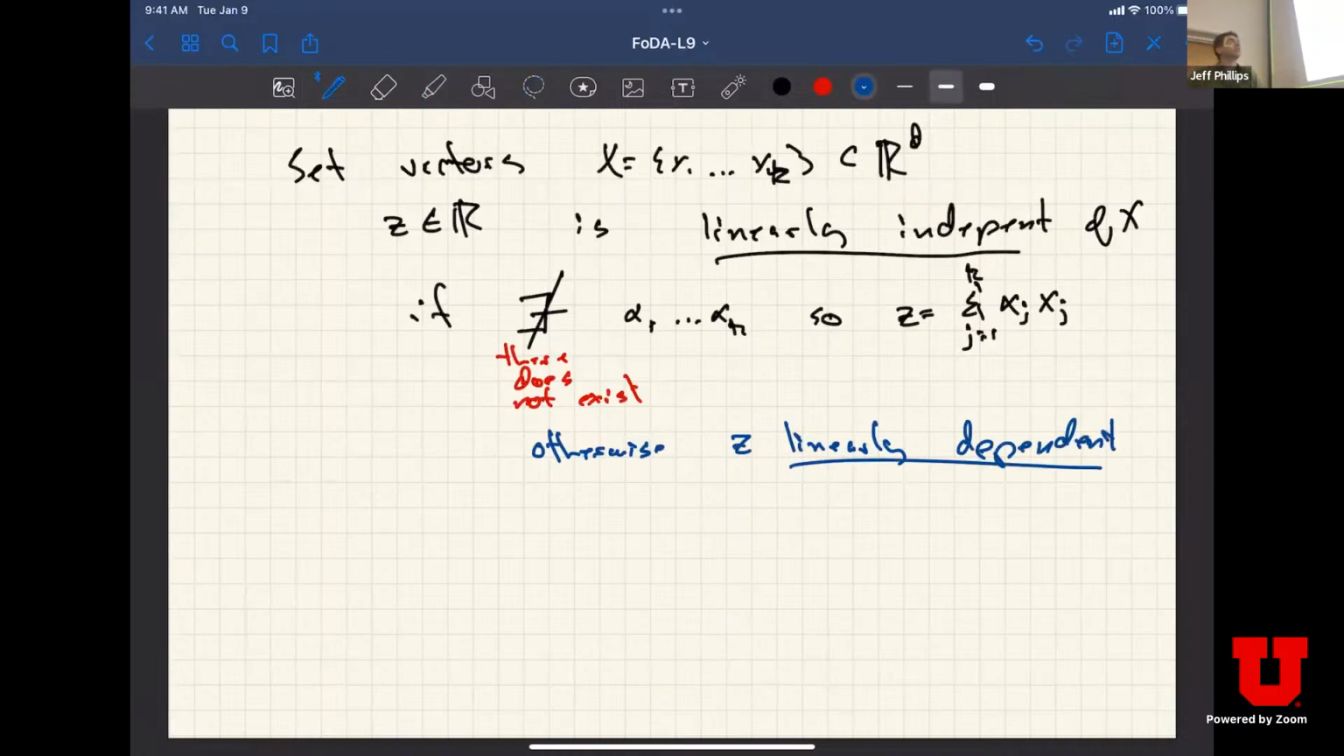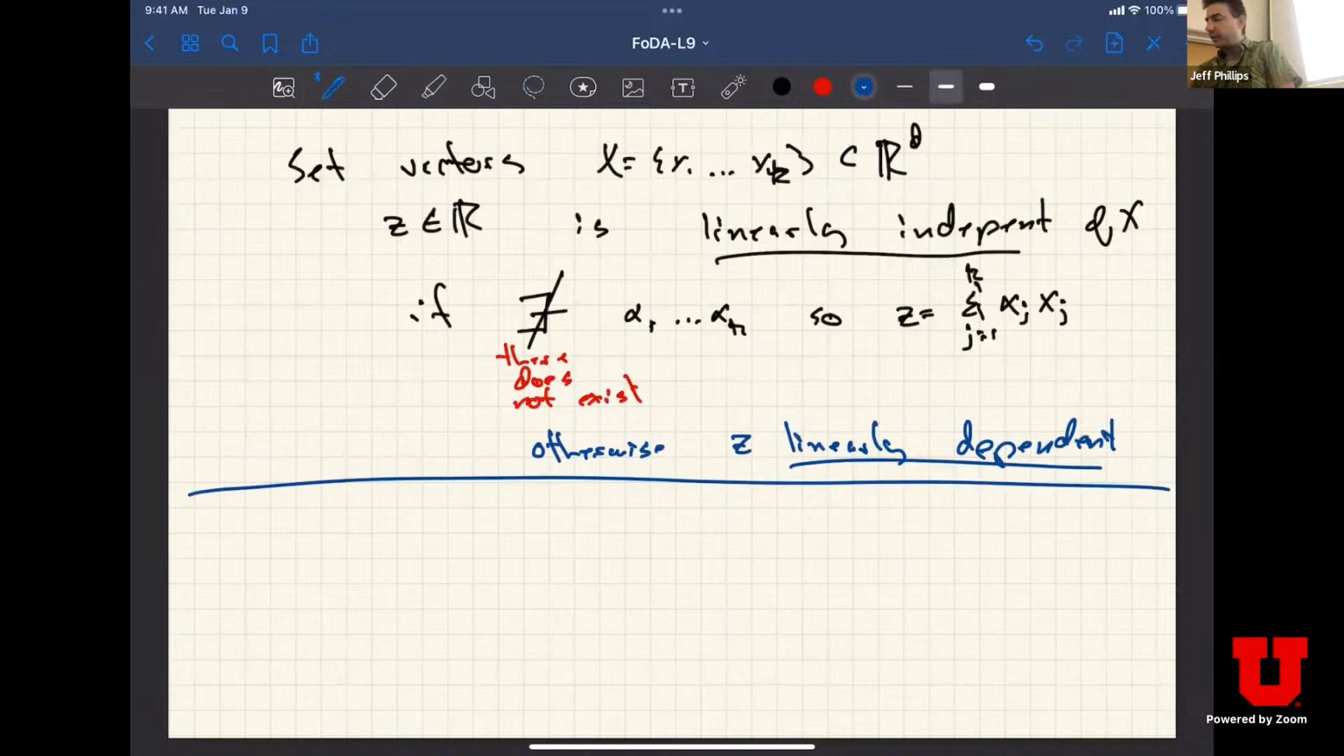So okay, that means that there does exist some alpha. The other definition is I can talk about whether the set X itself is linearly independent. So I say the set X is linearly independent